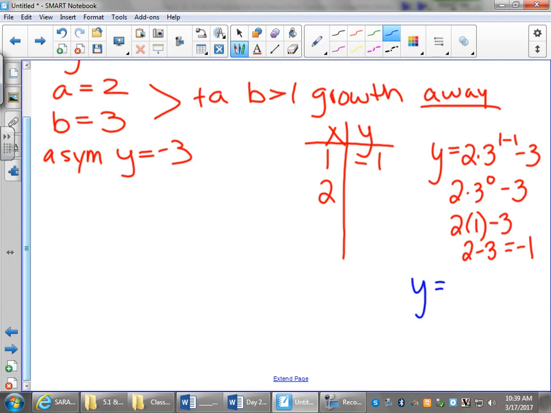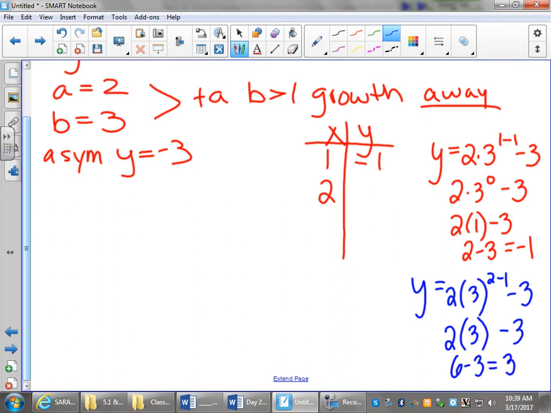So y will equal 2 times 3 to the 2 minus 1 minus 3. We're going to get 2 times 3 to what power? The first, which you don't really need to write that. And we're going to get 6 minus 3, which is 3. Okay. So once you guys figure out your x values, you just sub them in and carefully work through your